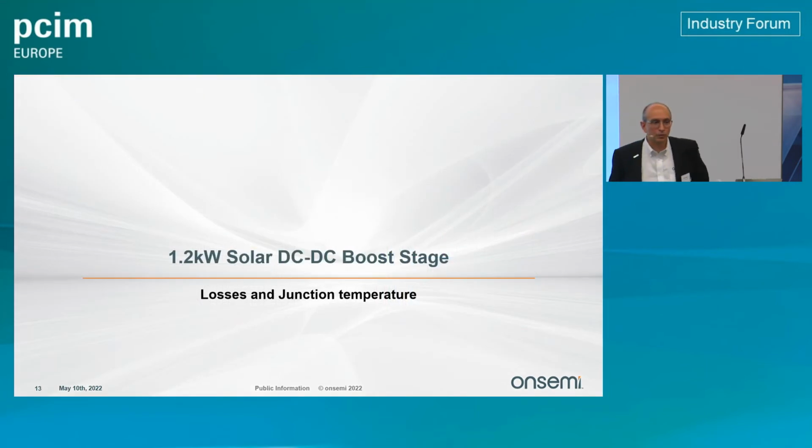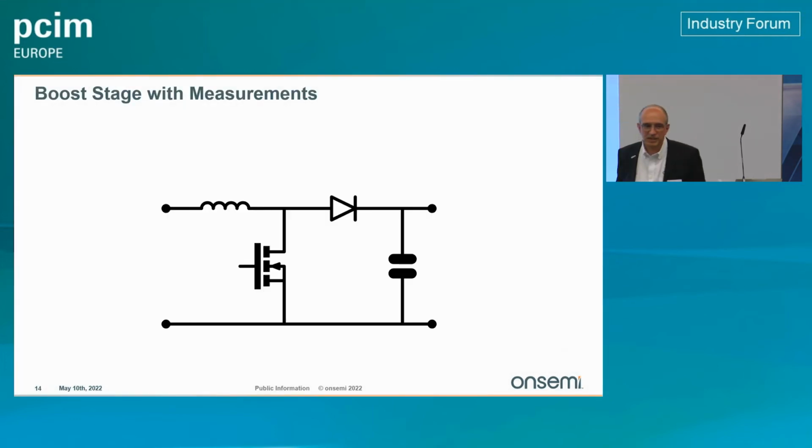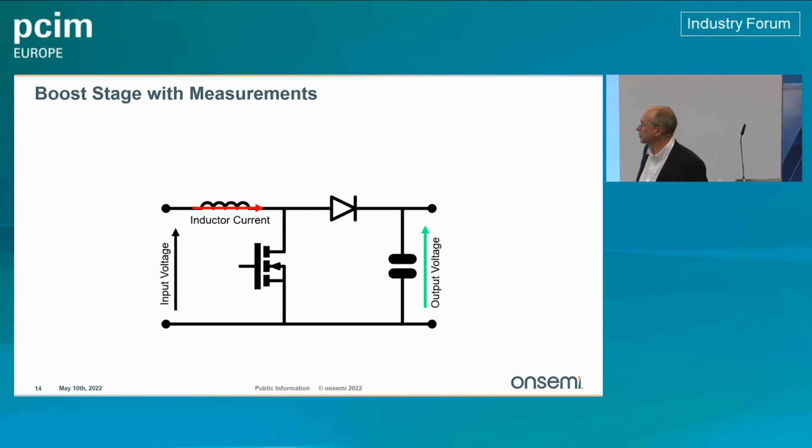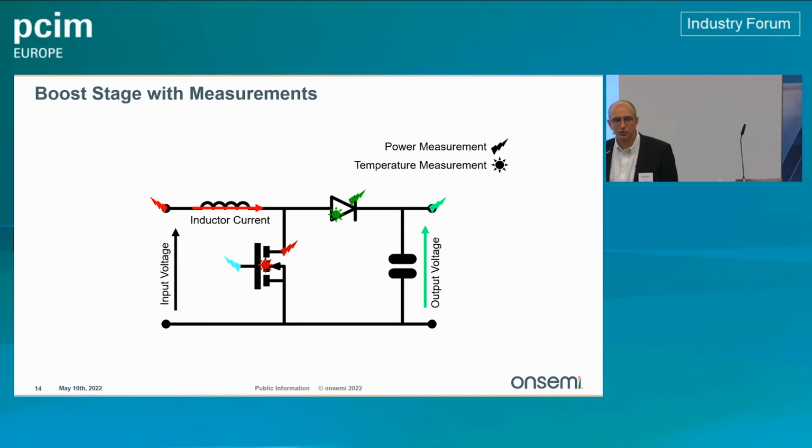So let's go with a real case, because it's good to have the model for us to play with as a semiconductor manufacturer, but at the end what you want to see is the real losses in your real application, and not just losses on paper. So this is a typical boost stage, very common thing. You have the diode, the MOSFET, and the inductor. What I will measure is the output voltage, the inductor current, the power losses in the drain, in the diode, in the gate, the driving losses. I can measure also the temperature, how the temperature behaves inside the MOSFET, and the efficiency.